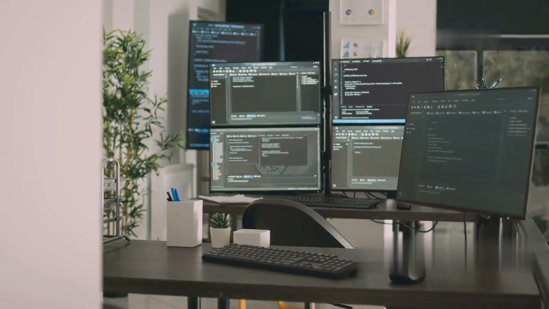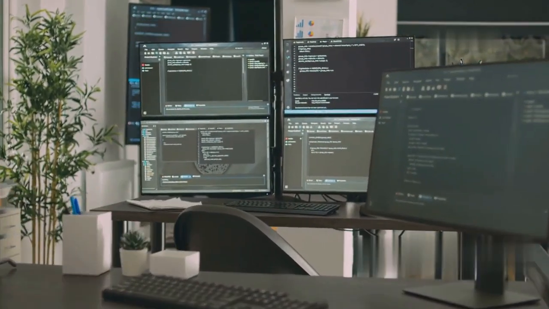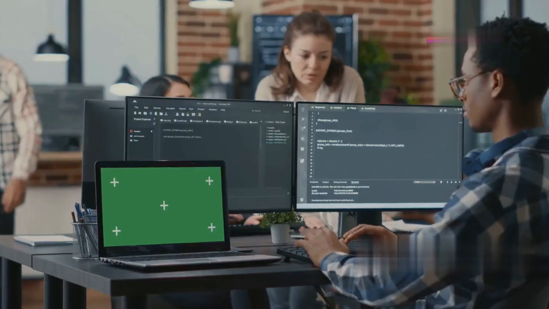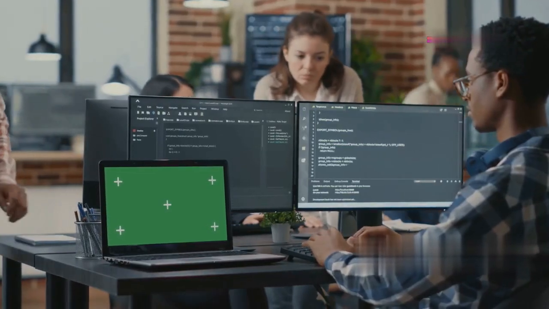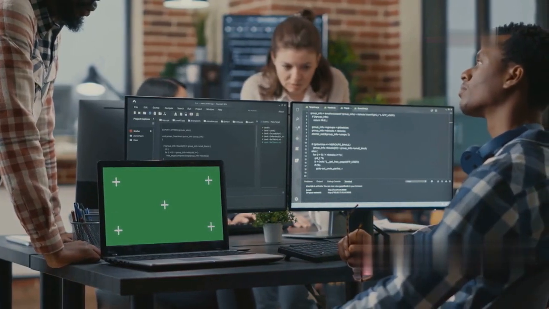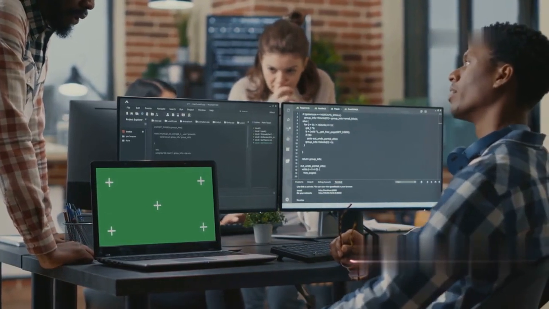Moving on to error 11, which is not cleaning up after testing. Leaving old data and code in your sandbox is like leaving a banana peel on the floor. It's just waiting for someone to slip on it. This clutter can lead to inaccurate test results and make your sandbox harder to manage, so always clean up after